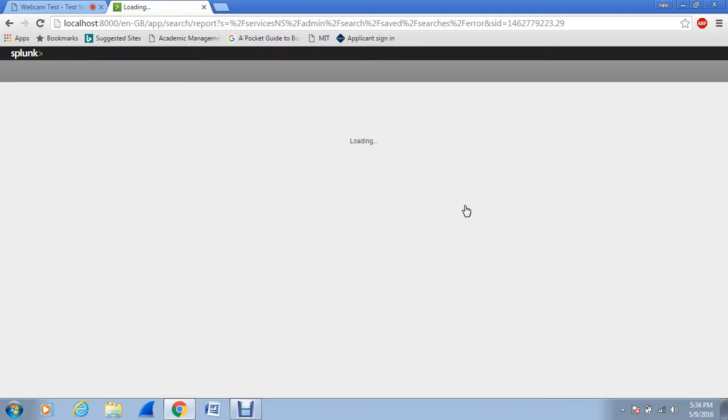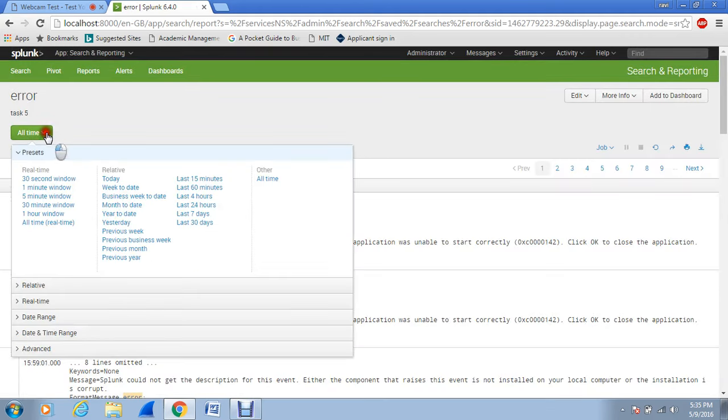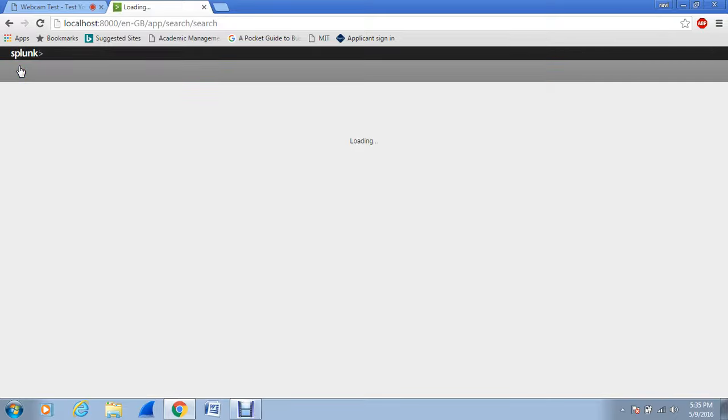For the time being, I'm just not using any of the options now, and just click on view to view the report, and here you can just view depending upon the time span, whichever you want to look into. You can just view the reports for the time as well, and can edit anytime whenever you like to change your report. So that's how you create a report on the Splunk